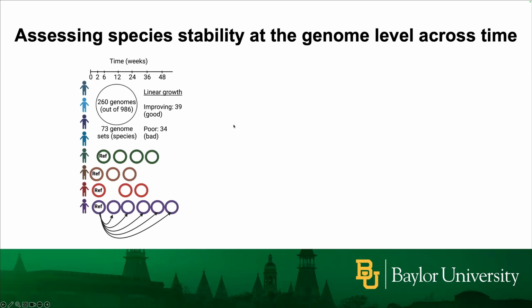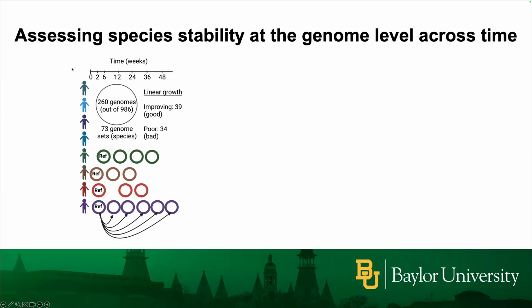So the other final thing we did was look at genome stability. Because we had a time series of these participants, we could ask the question, how do the genomes of a given species change over time? So in this case, we would look at the earliest time point, and then we would look at instances where that genome or that species was found in at least 2 additional time points. So it had to be found in at least 3 time points. And then we could compare the genome similarity of these latter time points to the initial time point.